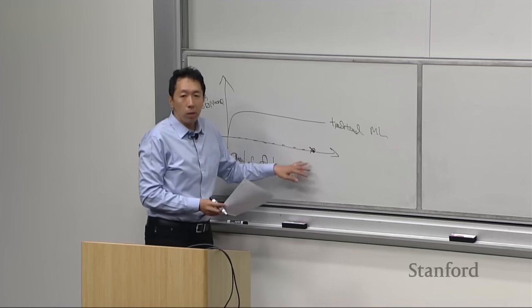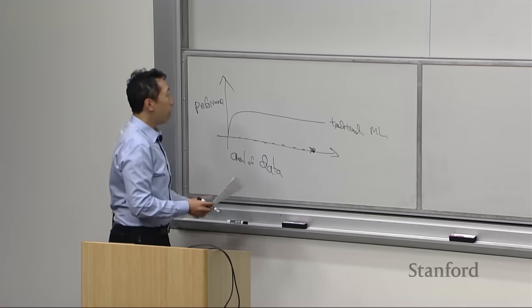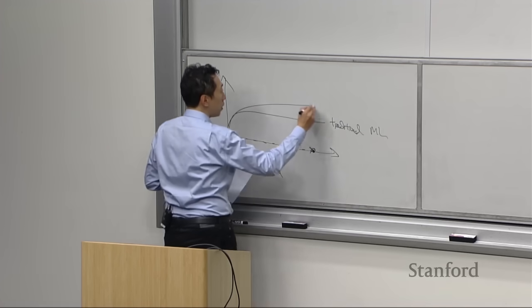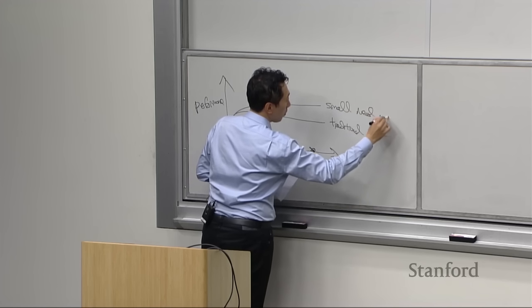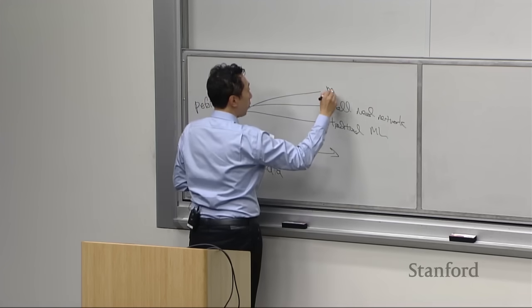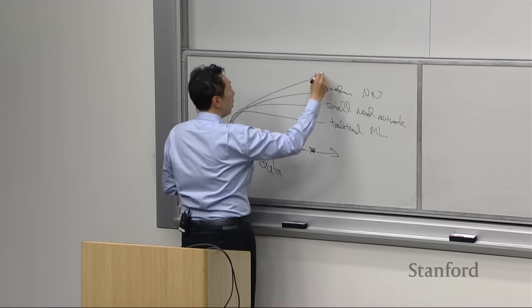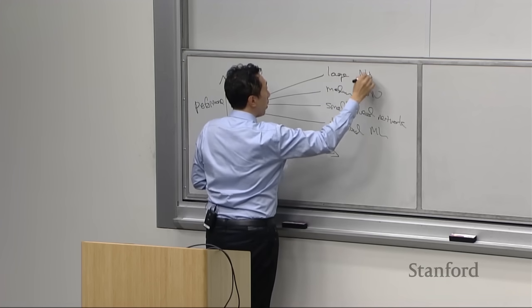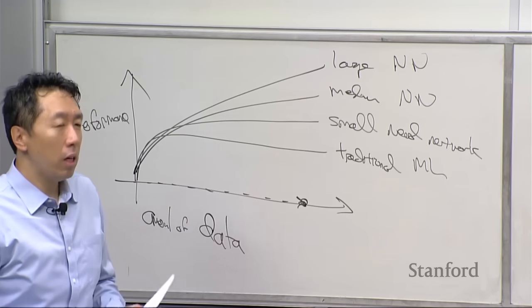And it was as if our older learning algorithms didn't know what to do with all the data you can now feed them. But what we started to find several years ago was, if you train a small neural network, its performance may look like that. If you train a medium neural net, its performance may look like that. And if you train a very large neural net, the performance kind of keeps on getting better and better,